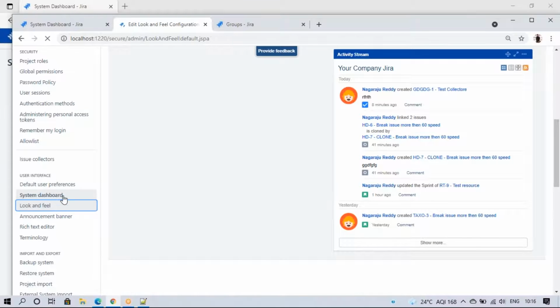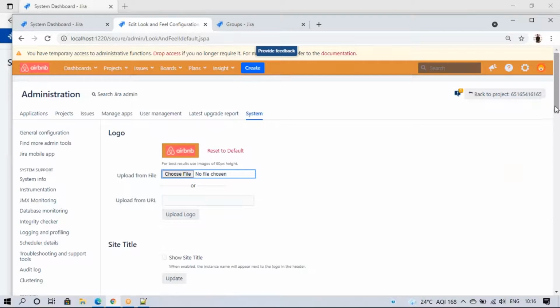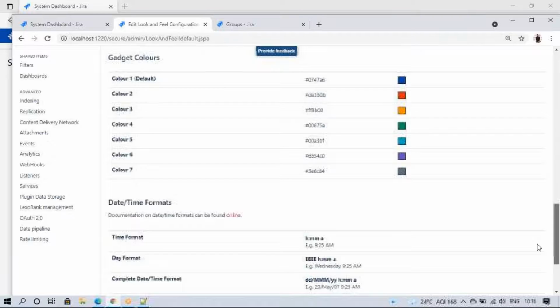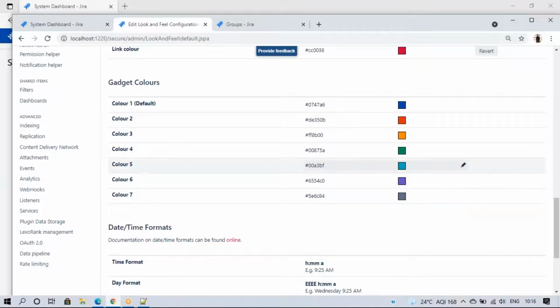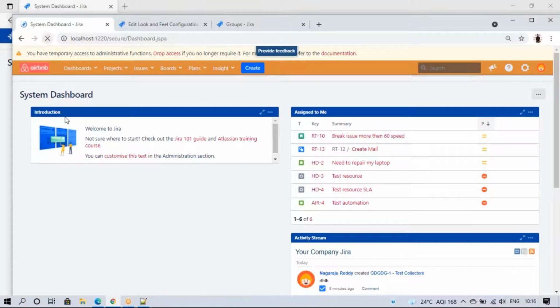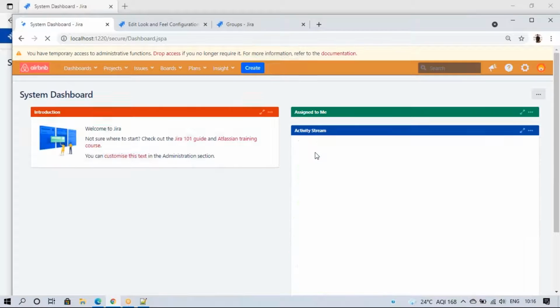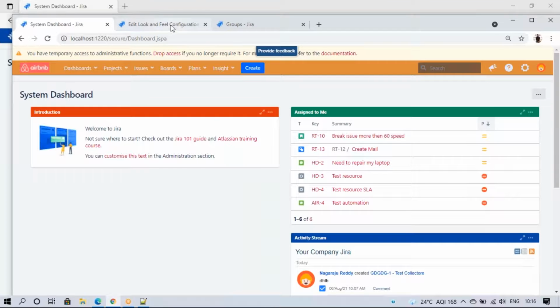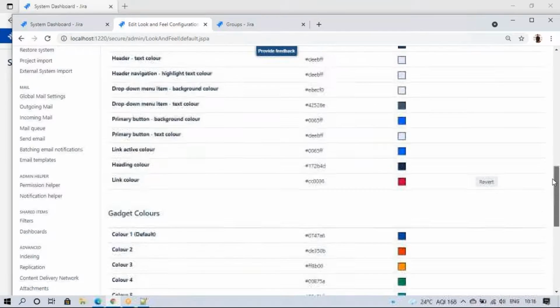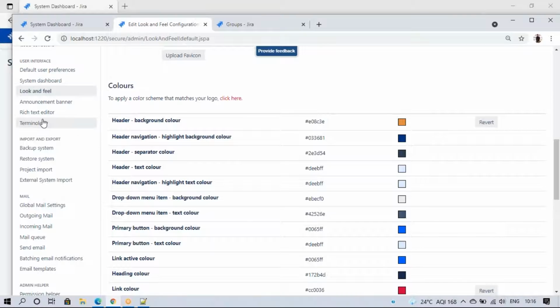Look and feel. This is the colors. If you want to change this color, and instead of this color you want a different color, you can change it here so that you can select it from next time. See, this is complete, related to look and feel. And next,